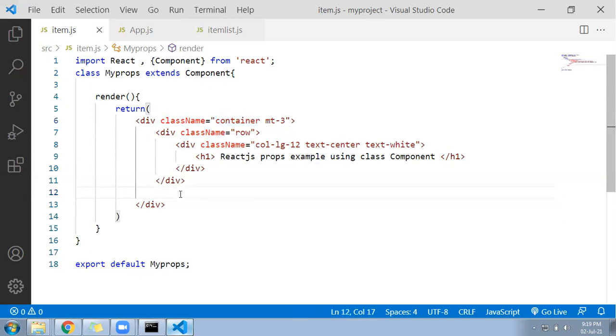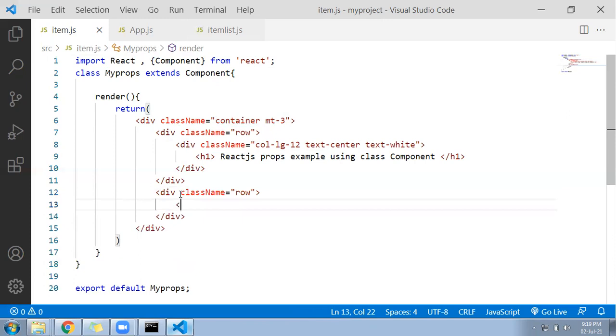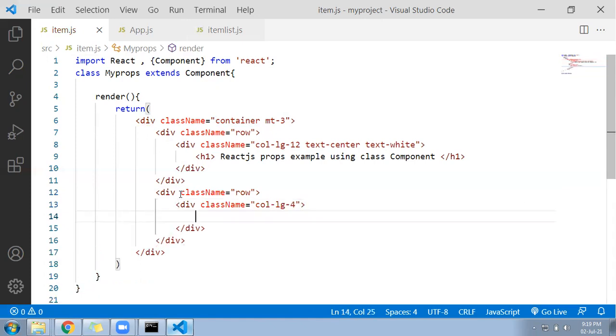Let me come down below and create another row to explain what is the meaning of the property props. Let me go here, class name equal to row, and inside this row I will be creating one division with class name equal to col-lg-4. Inside this, let me give bg-white, so this should be in white color.